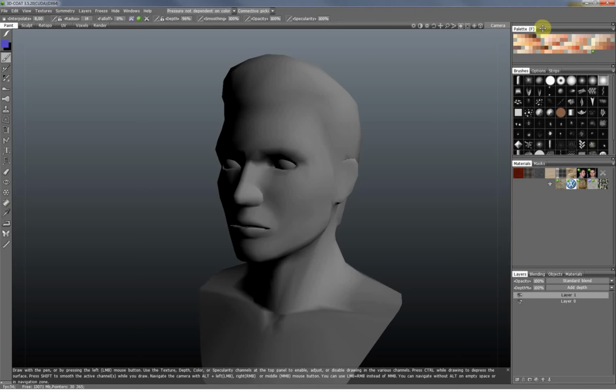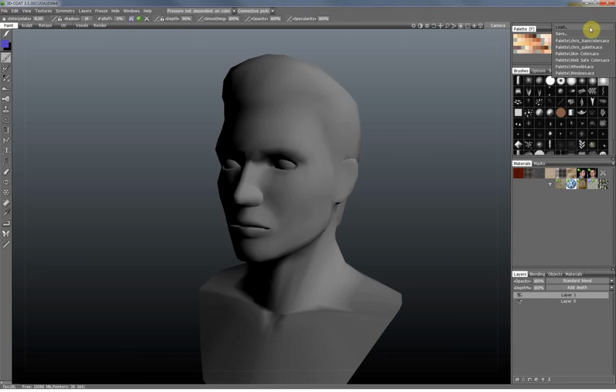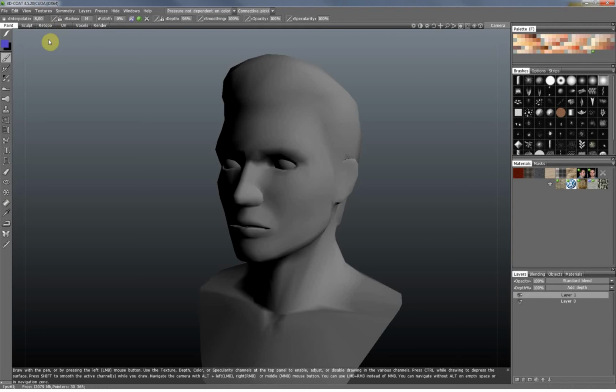Okay, come back to the palette window. Here you see the palette window. You have a small arrow here in the right upper corner. There you can load and save your palette. Small information for the current version. The current version I am using is